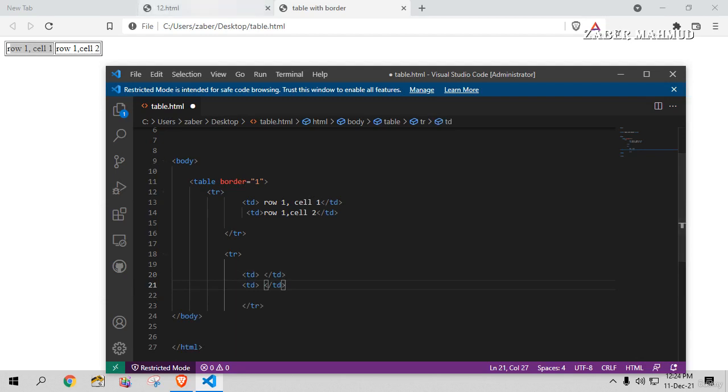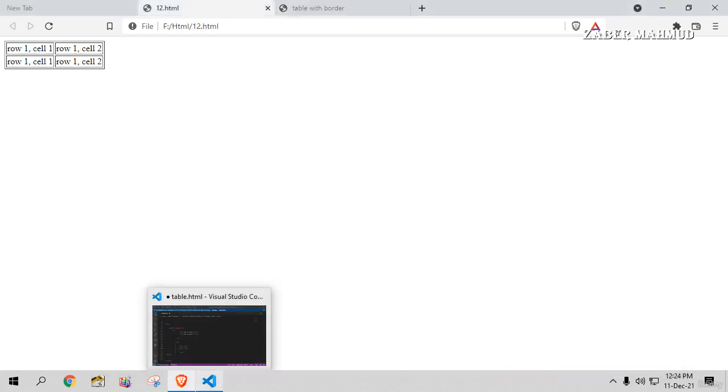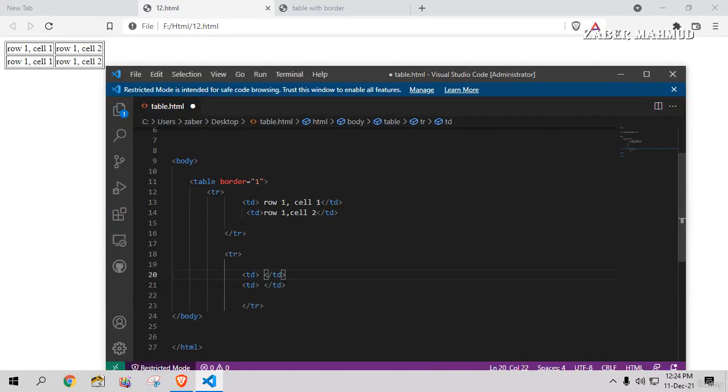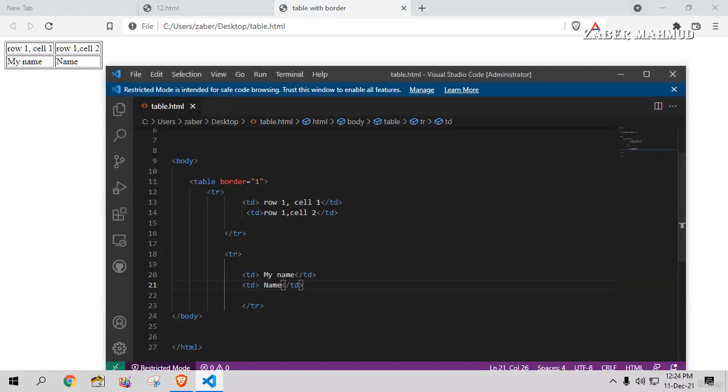Okay, now what do I write in the table? Write row 1 cell 1. I can write anything. I write my name. Look, my name and only name. Okay, and Control S, save. Look, my name, my name, and